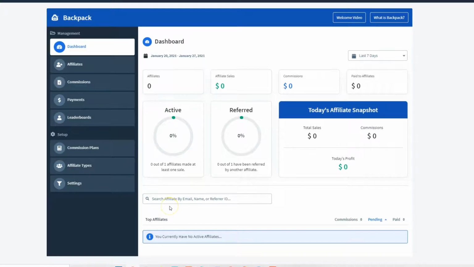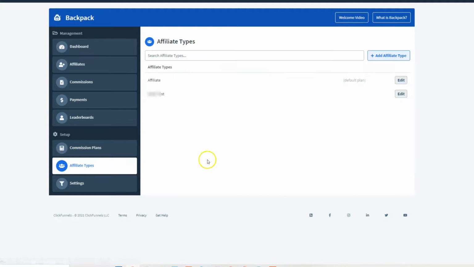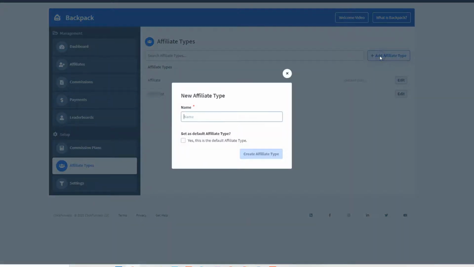So first we can start creating affiliate types. So go to affiliate types and click add affiliate type. In this case, I need to categorize these affiliate types into two. The first one is newbie affiliates, which will be getting 25%, and the second will be premium affiliates, which will be getting 50%. To add affiliate type, just give a name.